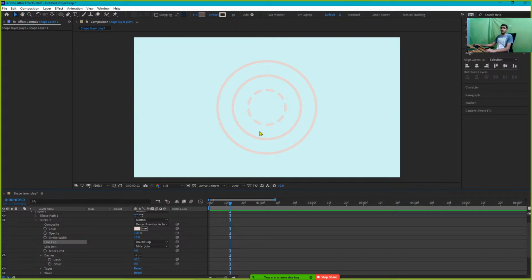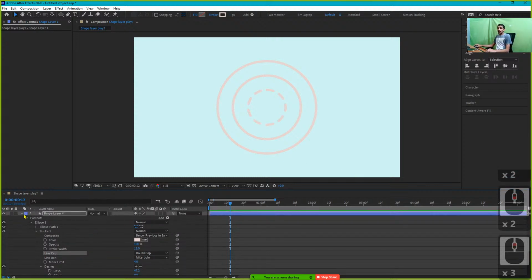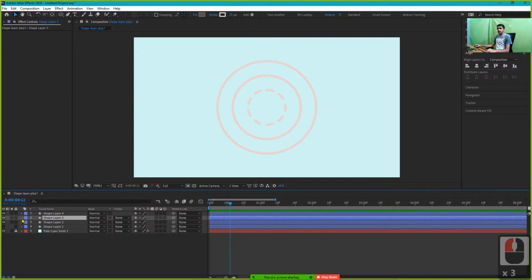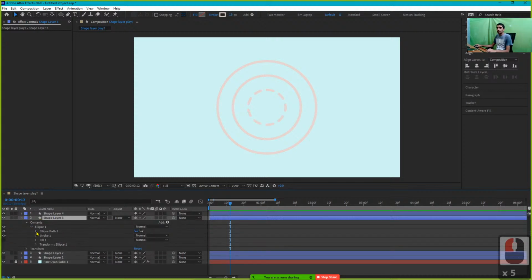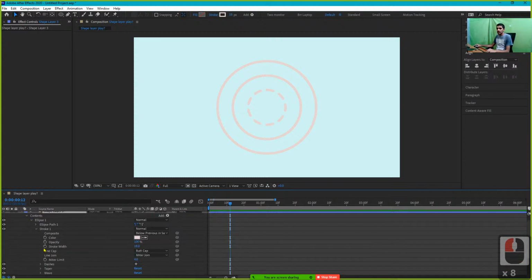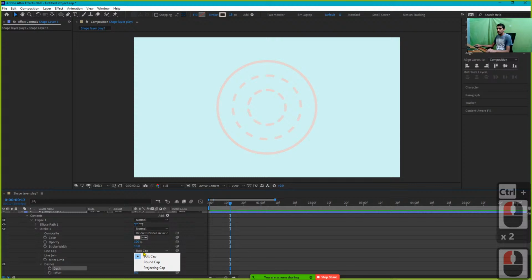I really prefer these curves instead of those squared off edges. And then do the same thing for the previous one. Open contents, ellipse, stroke 1, dashes, click plus, play around with the numbers and see what works. Something like that works for me. Oh, it got extended. Decrease, cool. And then I'm going to go round cap,